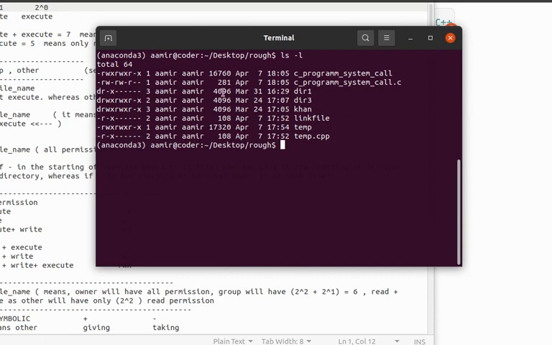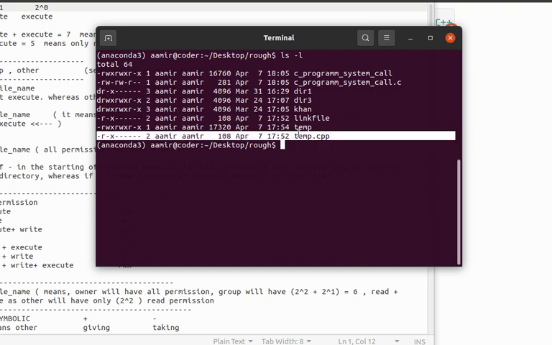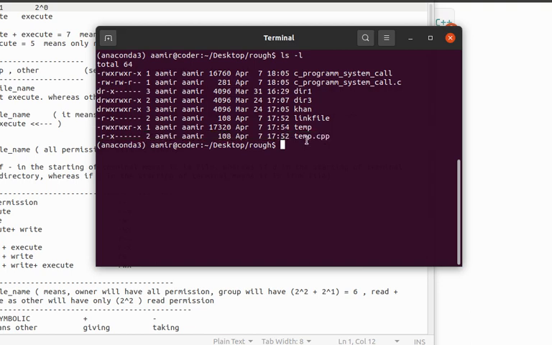So let's change again the permission of this temp.cpp to chmod 000 to explain it better. Temp.cpp. So all the permissions are taken away from this. Now let's give this temp.cpp permission of write and execute. So what I will do, I will add 2 to the power 1 plus 2 to the power 0.